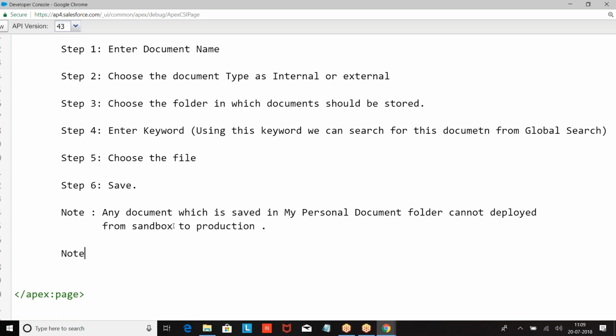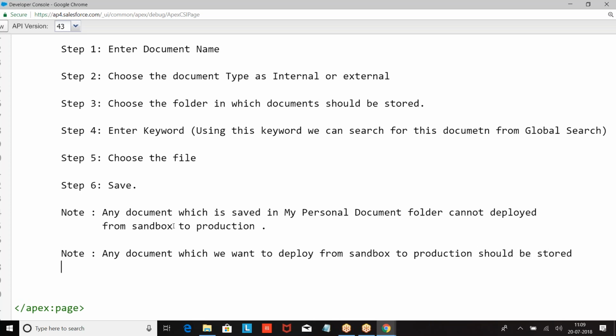Any document which you want to deploy from Sandbox to production should be stored in a custom folder.